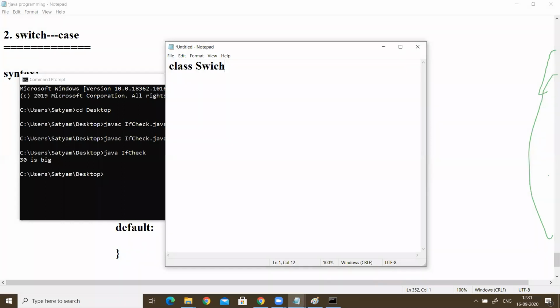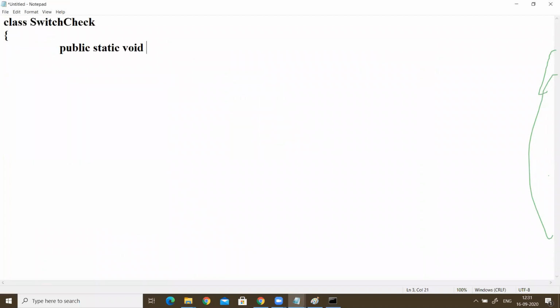Switch check. So I can write here the class name SwitchCheck. Then we write public static void main, String values.